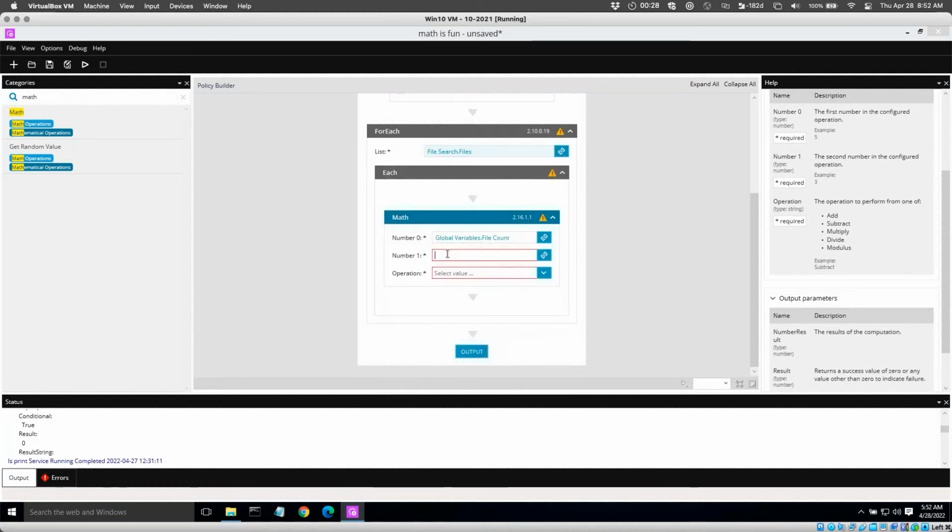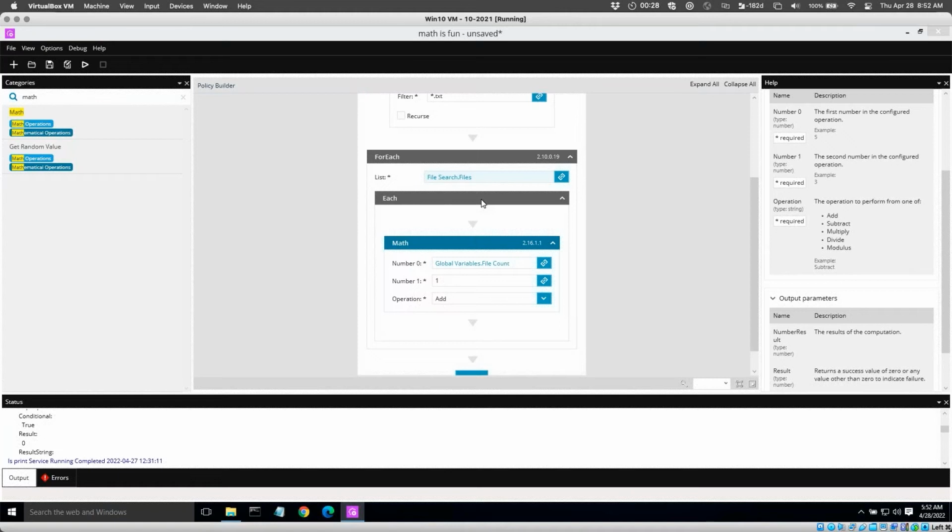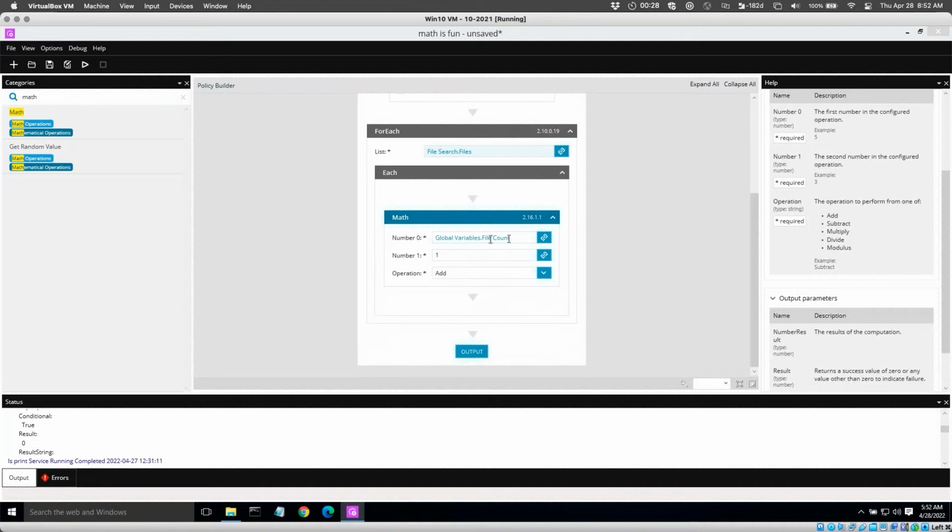And we're just going to add 1 to it each time this for each loop runs. So we're going to add 1 to the variable of file count, or increment it,